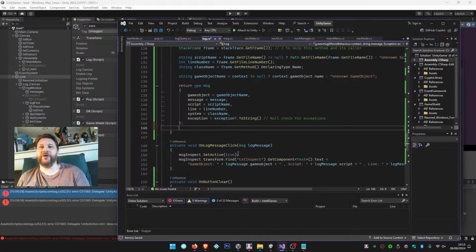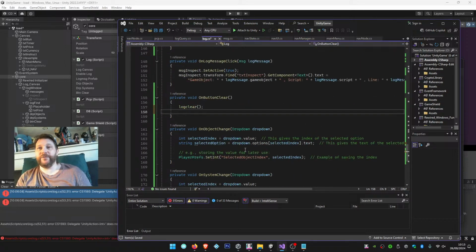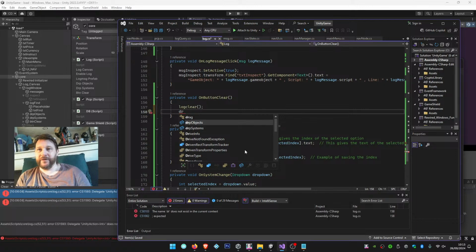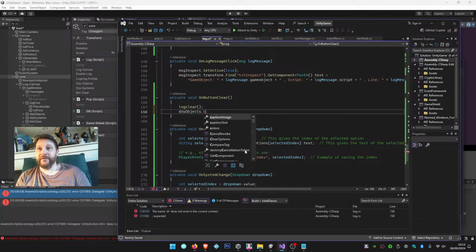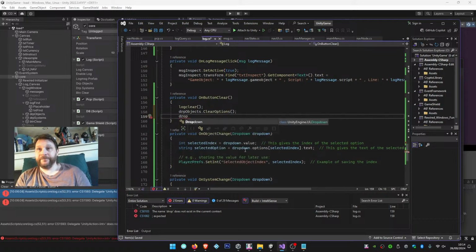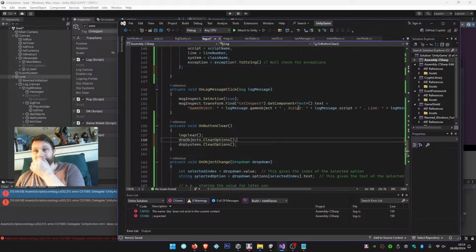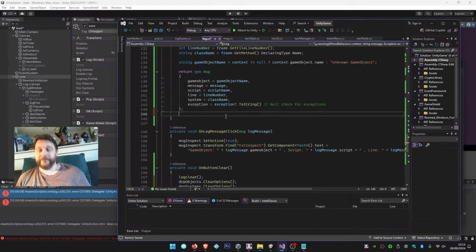Also, when we clear the log, we want to clear. Yeah, okay, that's a fair point. So we clear the messages. What we also want to do is clear our drop downs. So if we can say drop down objects, I'm going to just clear options, and then drop down systems, clear options. Okay, so what we can say is